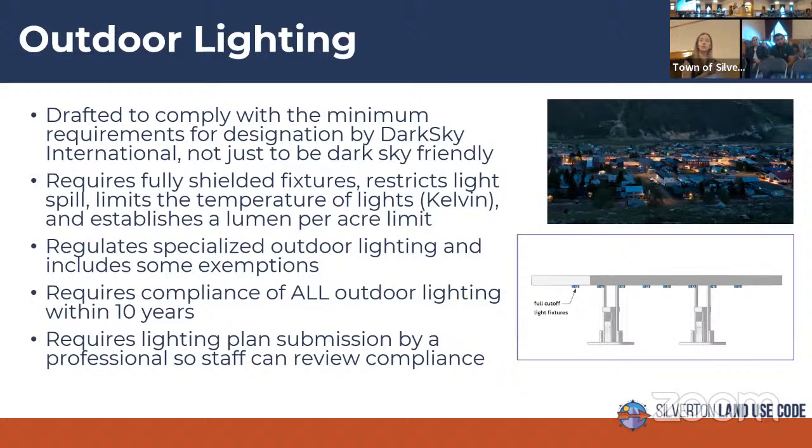And then the final portion of the site development standards addresses outdoor lighting. And because the town is moving forward with becoming an official dark sky community, the regulations have been drafted to comply with the minimum requirements for designation by Dark Sky International, which is the organization that formally designates dark sky communities.